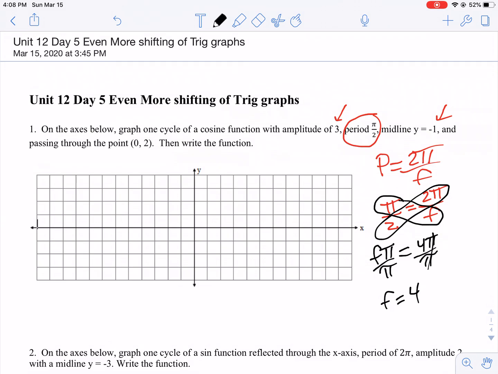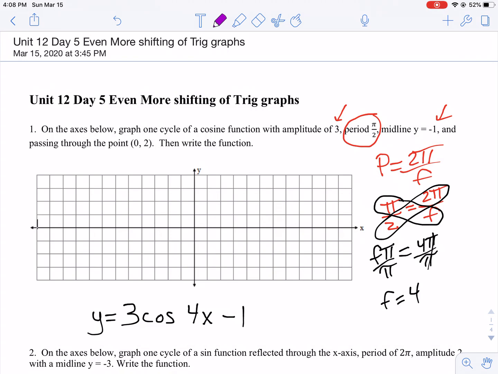And I now have everything I need to write the equation of my graph. So y equals, it said the amplitude was 3, said we have a cosine graph. We just found that frequency is 4, and the midline is -1, which is the shift, so -1. There's our equation. Okay, so now you could use that equation to graph like we did in the previous lesson,